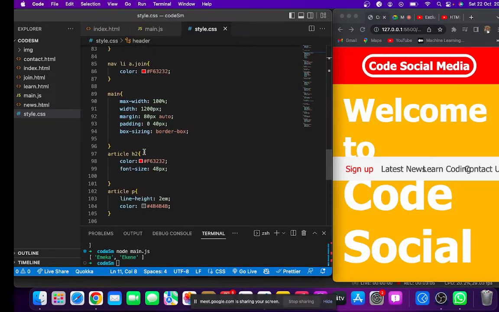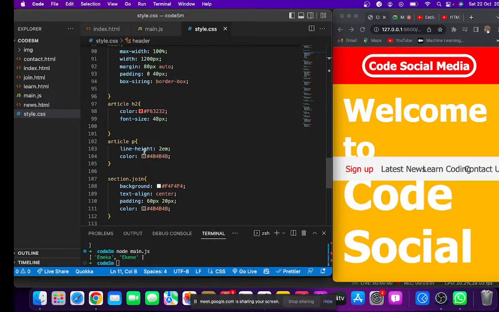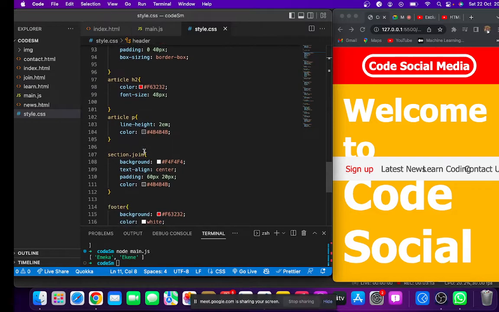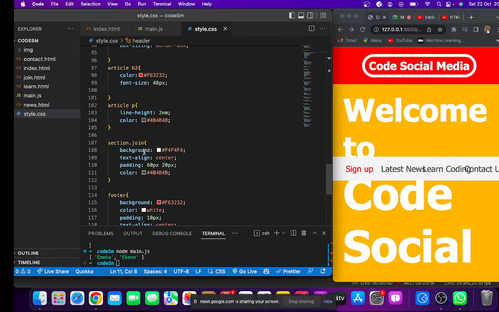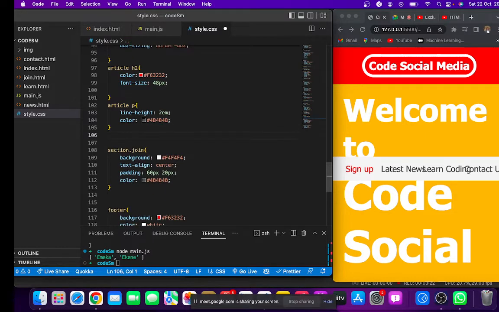Okay, if I went to the articles, now I want to be able to style the images before this footer. So I'm simply gonna come here. I think the images are ahead of this one. So I'll come here and, because it's a class, I'm gonna say dot images